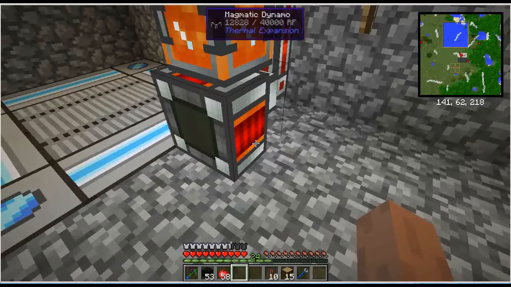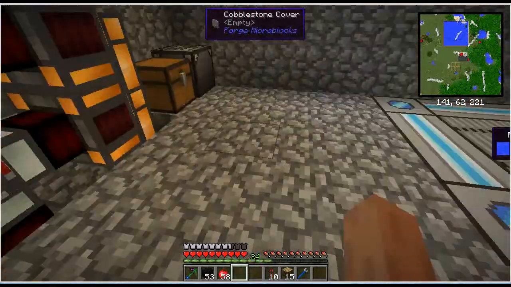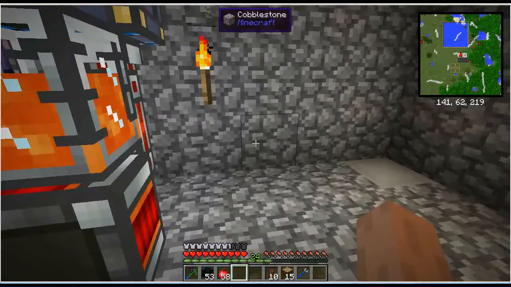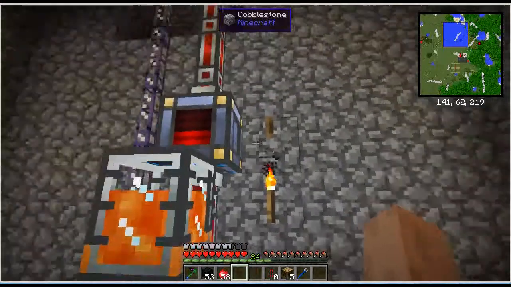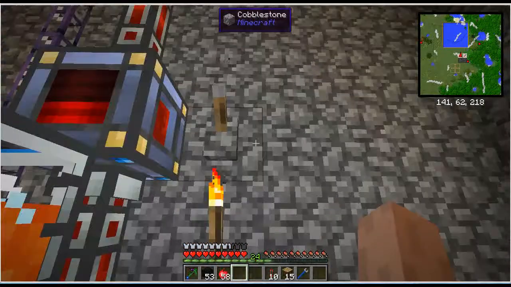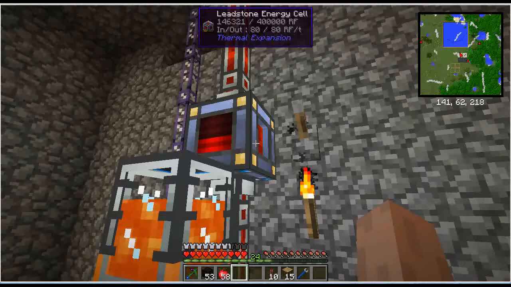and we'll probably end up getting several magmatic dynamos and getting some lava from the Nether so that we no longer have to generate charcoal or dig for coal. We have a basically limitless energy source in lava from the Nether once we get everything in there. But the energetic infuser is nice in that if we ever run out of power for our